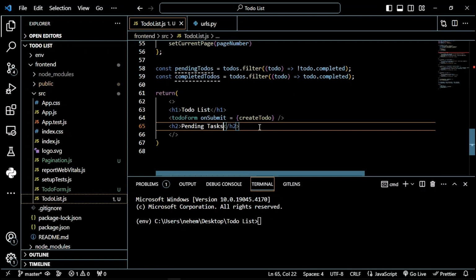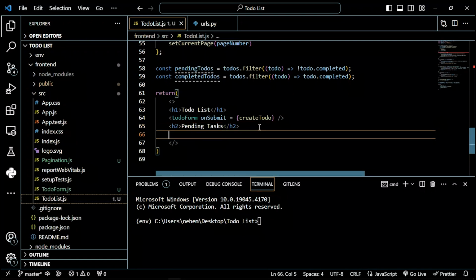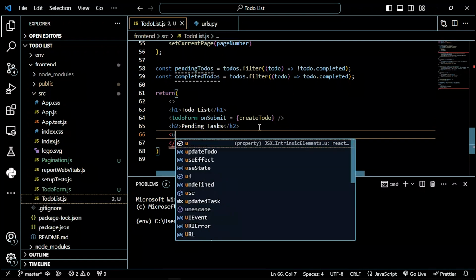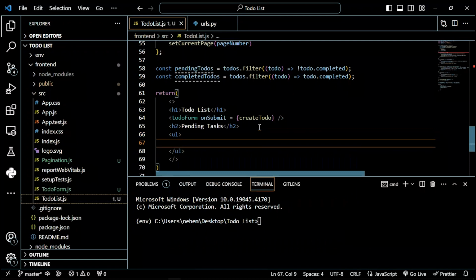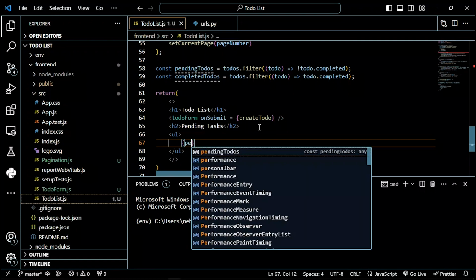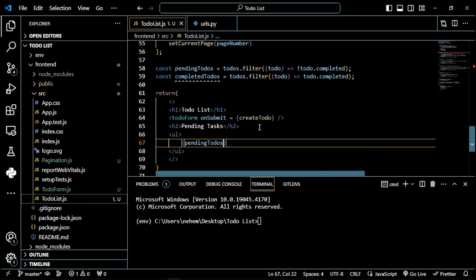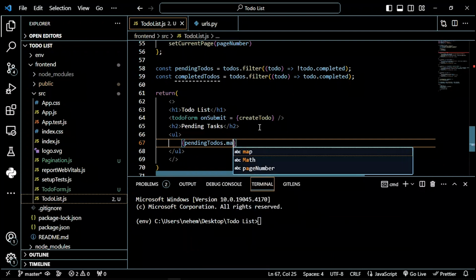So on the pending tasks, let me iterate everything here. I'll use the iteration, so I'll use the ul, unordered list. And in this unordered list, first of all, I'm going to remember, in JavaScript we use the curly braces to define your variables. So here I'm going to pass pendingTodos.map